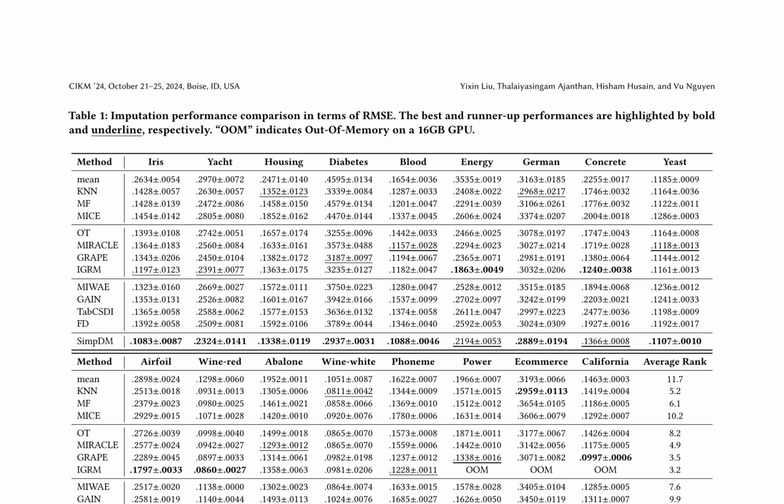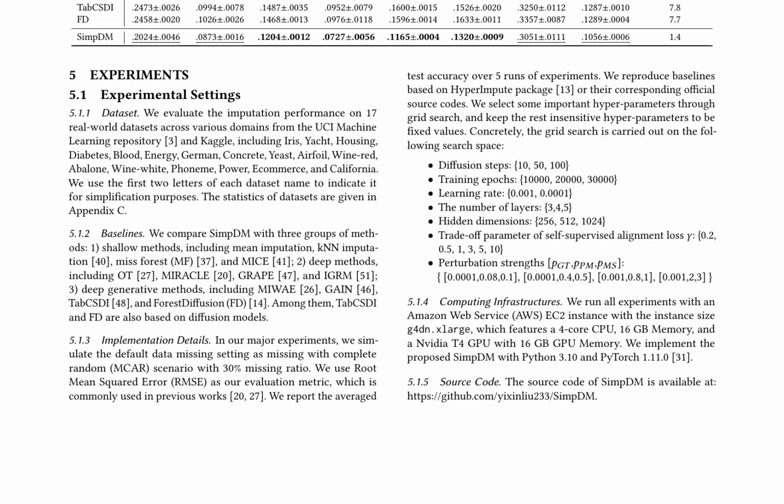transformation as perturbation. They evaluate the performance of SimpDM on 17 real-world datasets across various domains and compare it with 11 baseline methods, including shallow, deep, and deep generative methods. The experimental results show that SimpDM outperforms all baseline methods in terms of root mean squared error, RMSE, achieving an average rank of 1.4. The authors also provide implementation details, including hyperparameter tuning, and make the source code of SimpDM publicly available. Overall, SimpDM is a promising approach for tabular data imputation that can effectively handle mixed-type data and missing